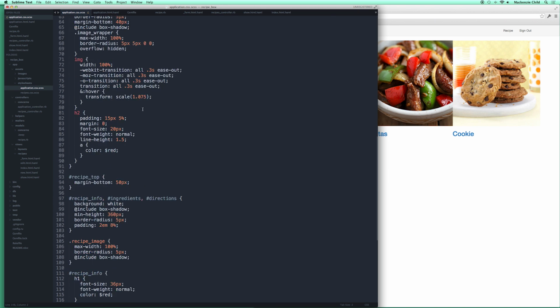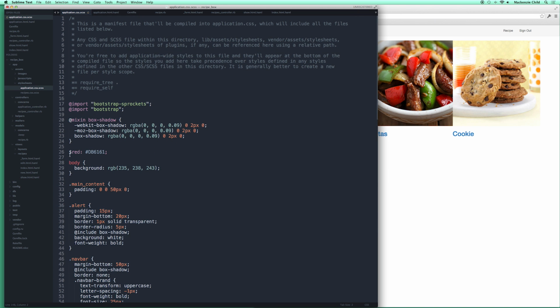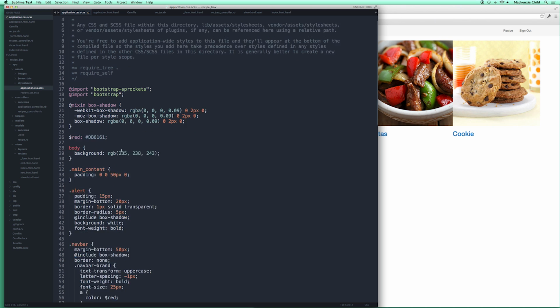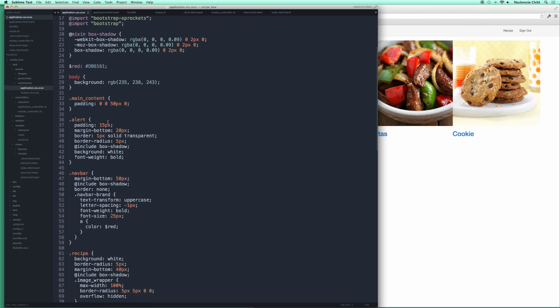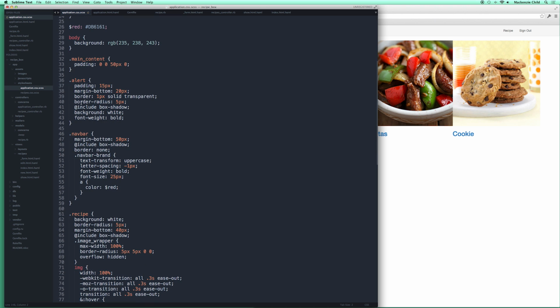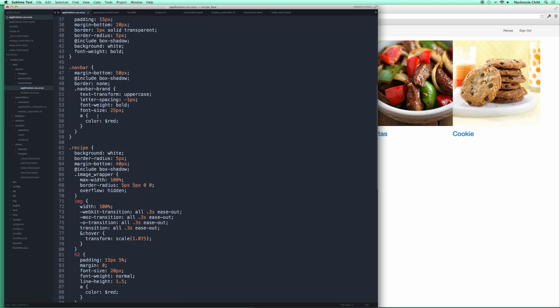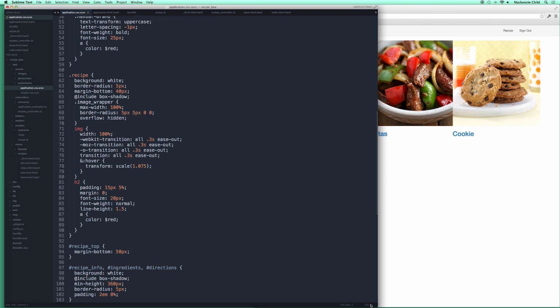So let's paste that. So this is defining a color as a variable, and then we're setting the background color to like a light blue grayish color, adding some padding to the main content, styling the alert, the logo, and then